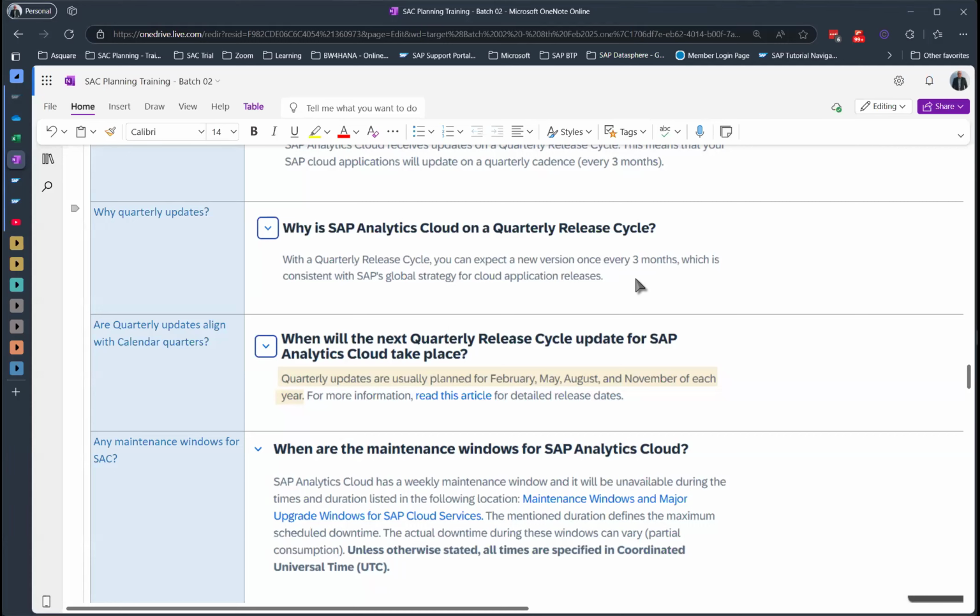Also, it is not very disruptive. For example, every 3 months is still acceptable. But if every month they keep on doing new things, then that will be a little difficult to keep up with. And if they do it once in a year, that is also very slow. Because with cloud, things are changing very fast, especially with AI, things are changing even faster. So to strike a balance between not too fast and not too slow, the quarterly update cycle approach was finalized. That's why we'll get QRCs.